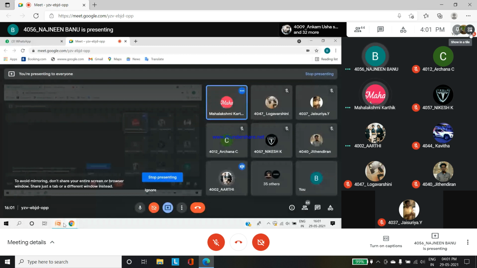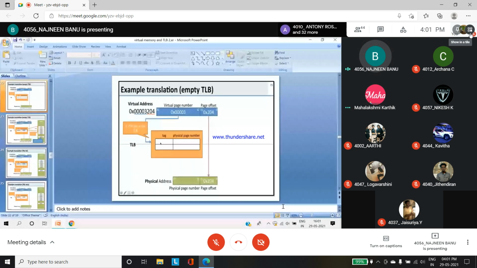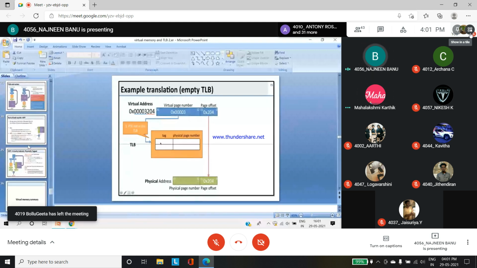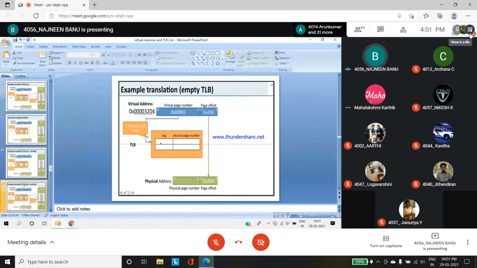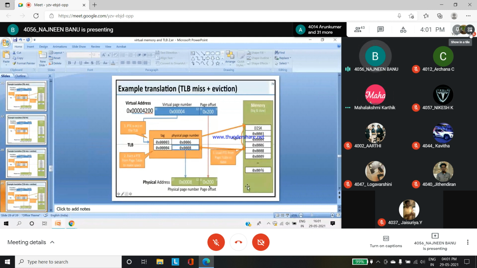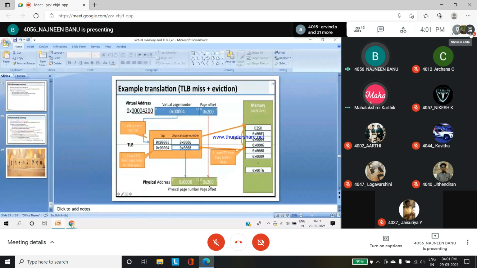Ma'am, actually there are more slides, 1, 2, 3, 4, 6, 7, 8. It will come to at least 15 slides for this one topic, the TLB example, and then the summary.